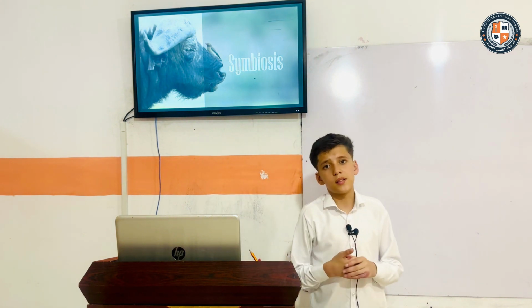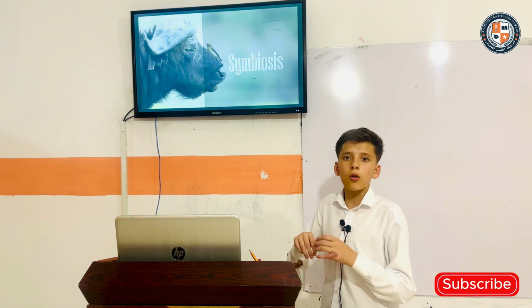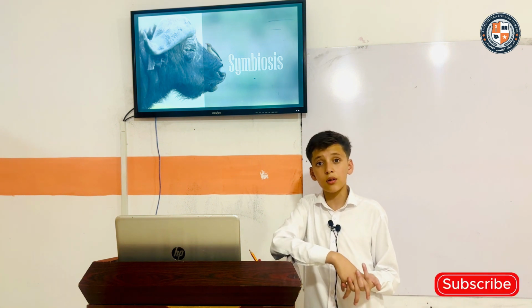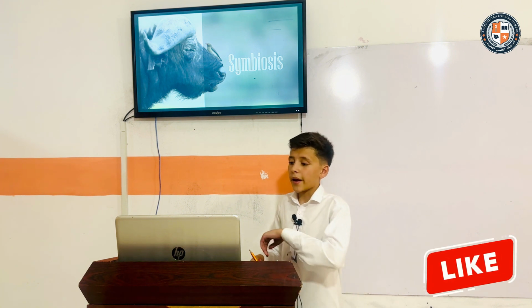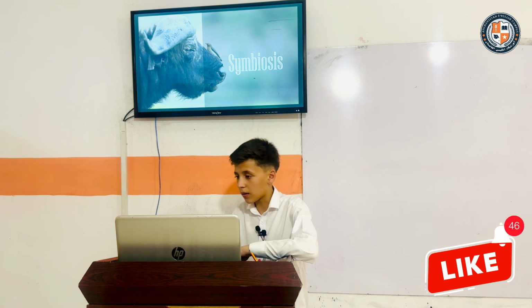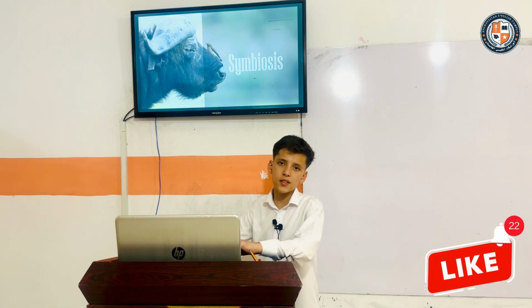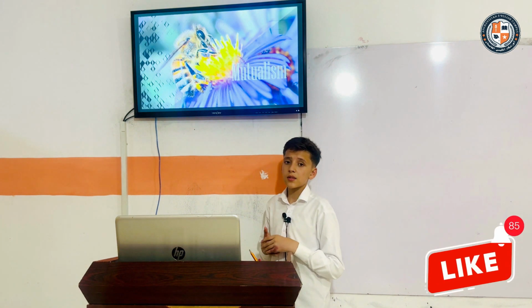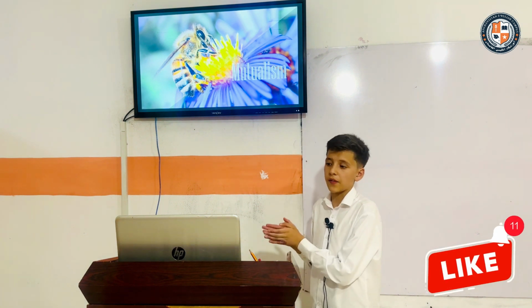So what is symbiosis? Sometimes two quite different living organisms live together, which at least benefits one of them. Symbiosis is divided into two parts. One is mutualism, and the other one is parasitism. So what is mutualism? Mutualism is when both organisms